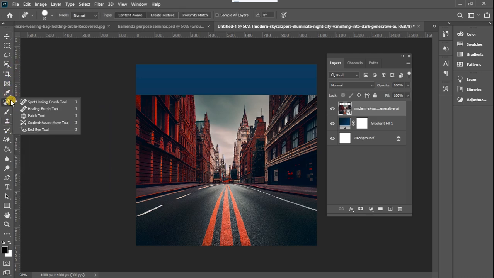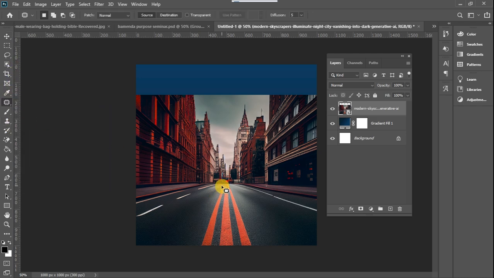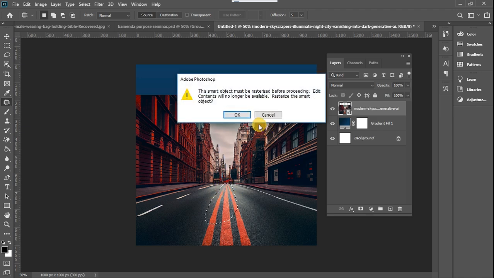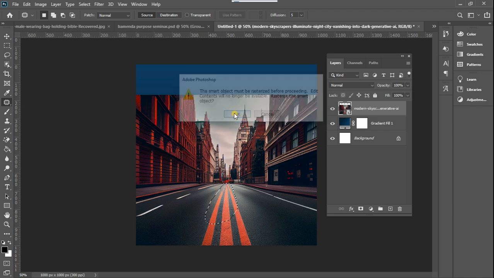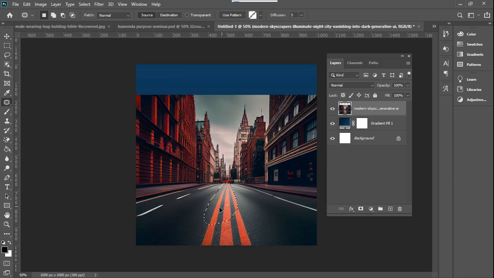So I'm just going to select my patch tool like this, just select a section of it. Before doing that, I'll rasterize the layer. I'll just click here, drop here. You see the patch tool does a pretty good job taking away the colors like that. So I'm just going to do this,